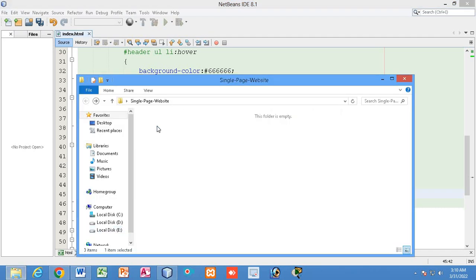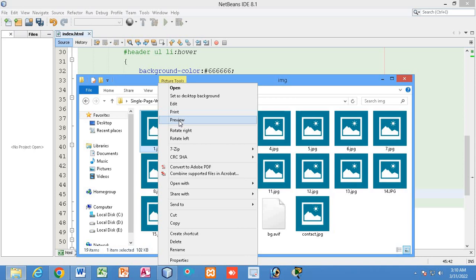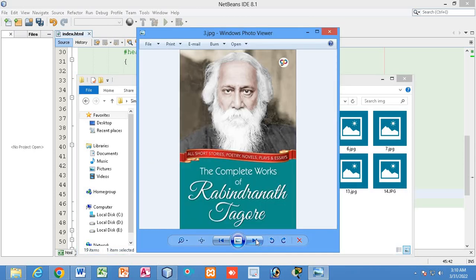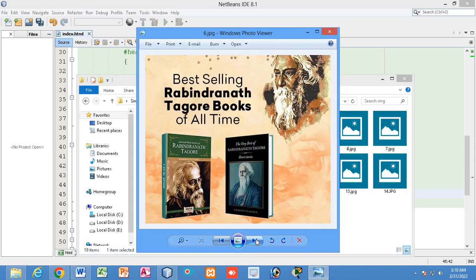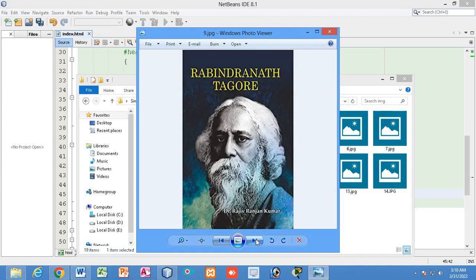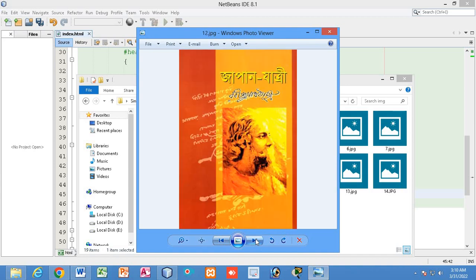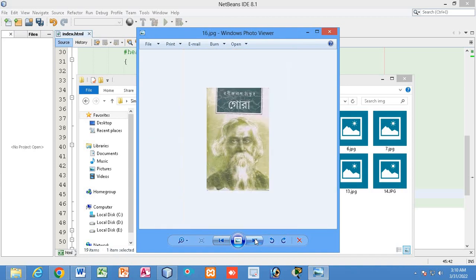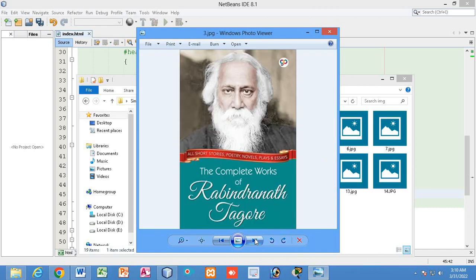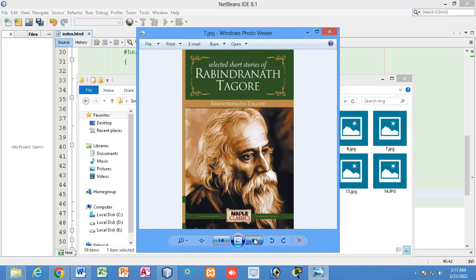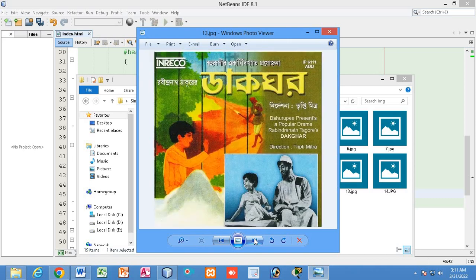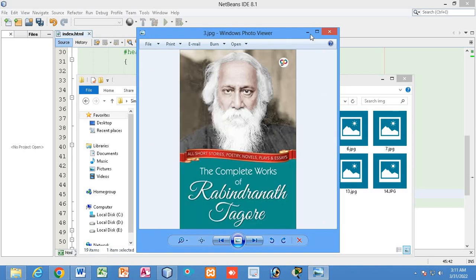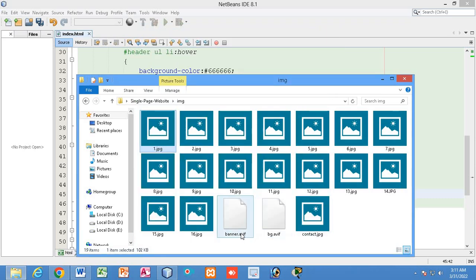So here let me find which image I should take. I do have here many images. Which images will be good to put here, and which image will appear as a logo? So to get it as a logo picture, I need to have a proper image, rectangular shape image, rectangular shape. So to find a rectangular shape image, so let me put this image.